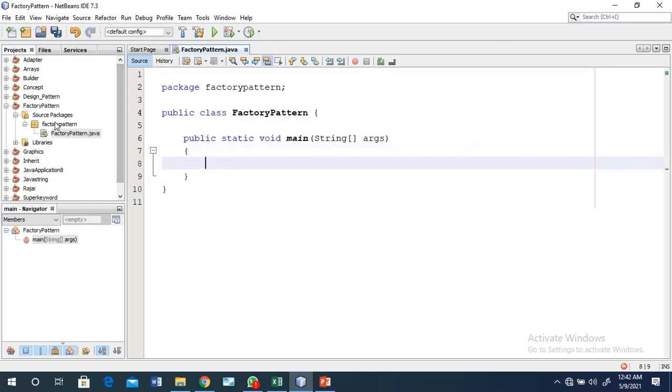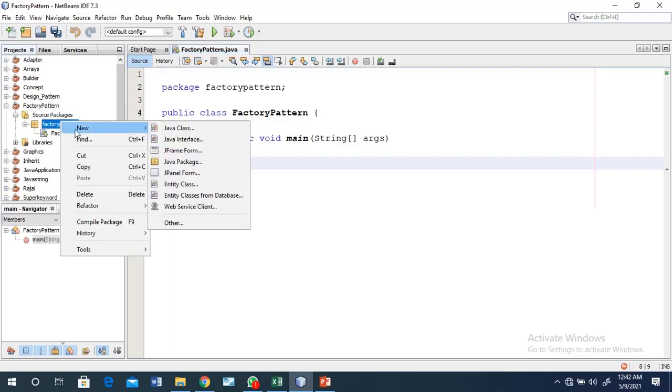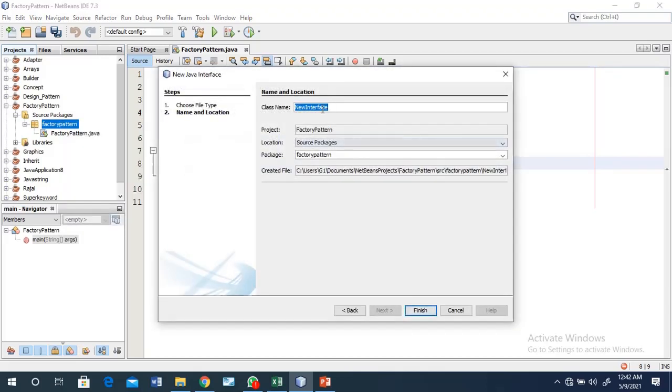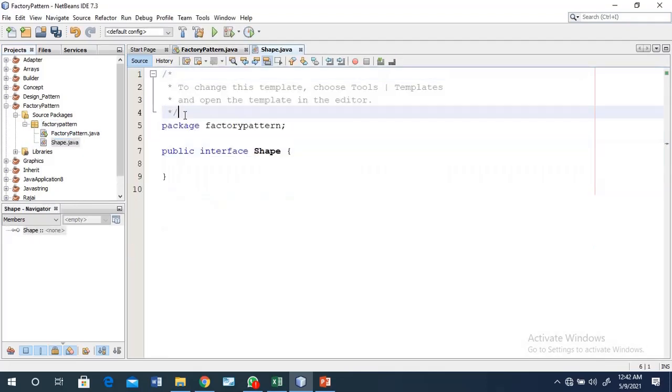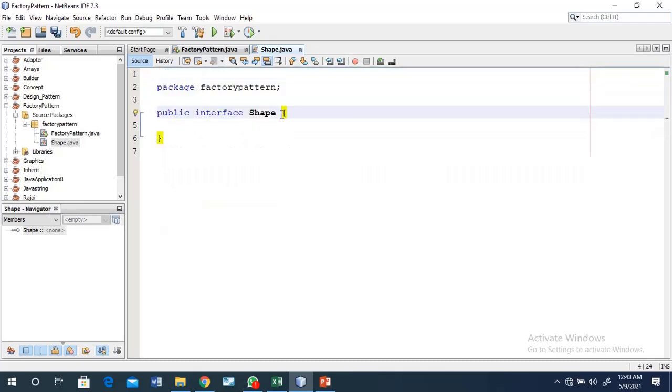Then, to implement the concept, first we create one interface. Right-click on your factory pattern, new, and there is an option, interface. The name of the interface is Shape.